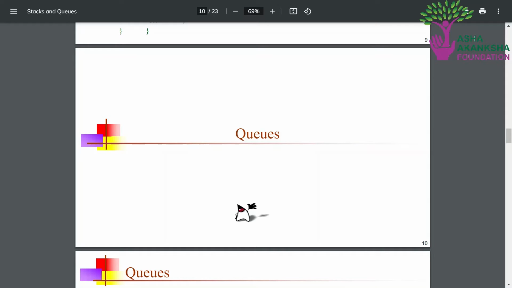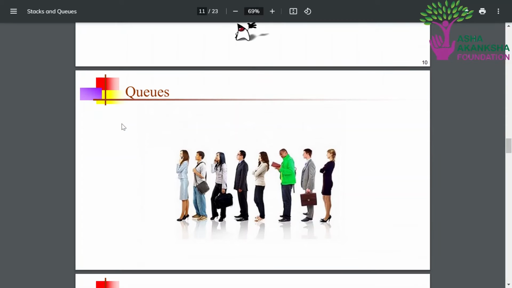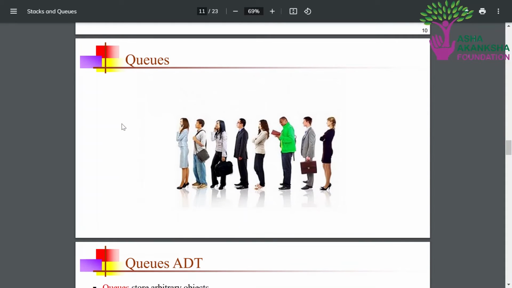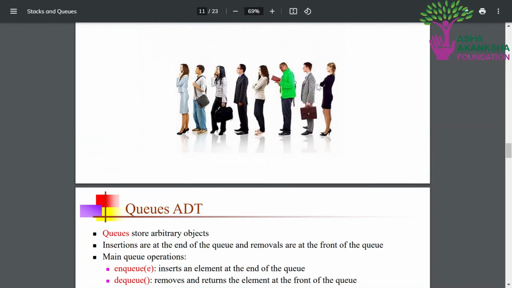Now we'll move forward to the next topic of our lecture, which is queues. Queues are a very important data structure in DSA. You can imagine a queue data structure as simply a general queue you can see outside your office, your grocery store, or anywhere else. A queue stores arbitrary objects, and insertions are at the end of the queue and removals are at the front of the queue. As you can see, this is a normal queue outside the